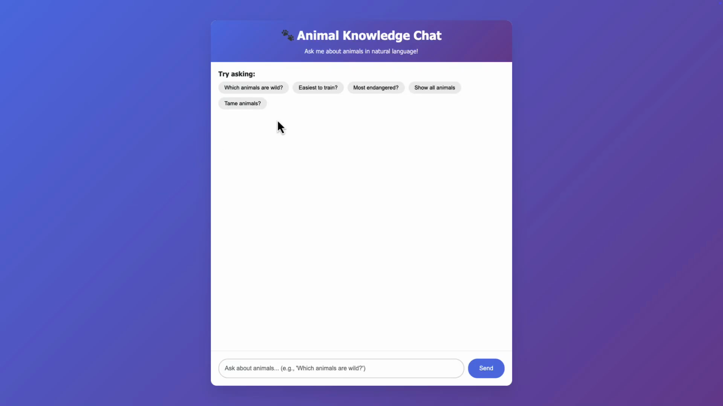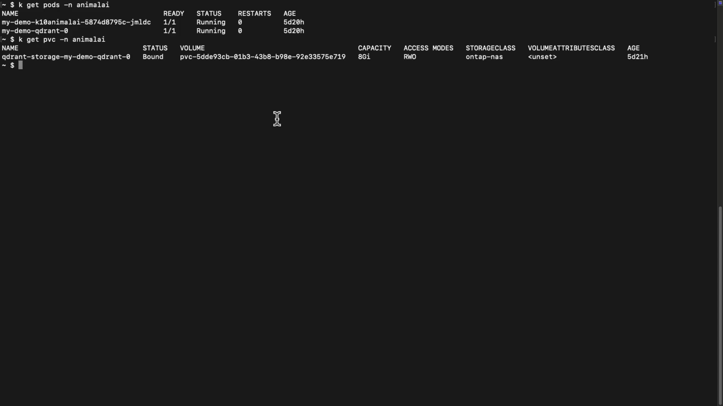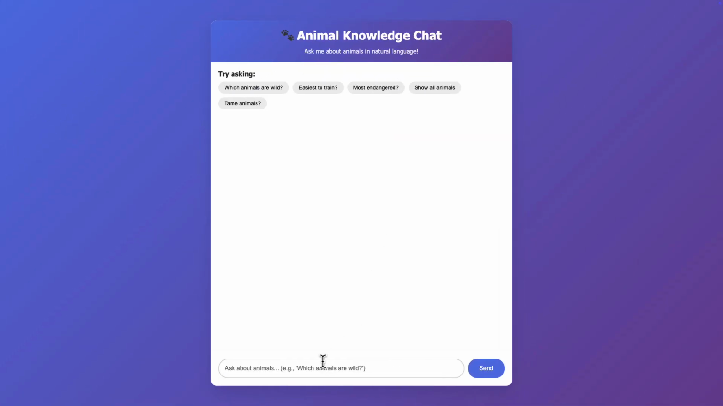In this quick demo, we're going to take a look at how Veeam Kasten can protect modern AI applications. We've built our own custom demo application called Animal AI. This application is built using a Qdrant vector database under the covers and then a Python Flask web server on the front end. You can see here I've got a disk attached to the Qdrant database which stores my animal